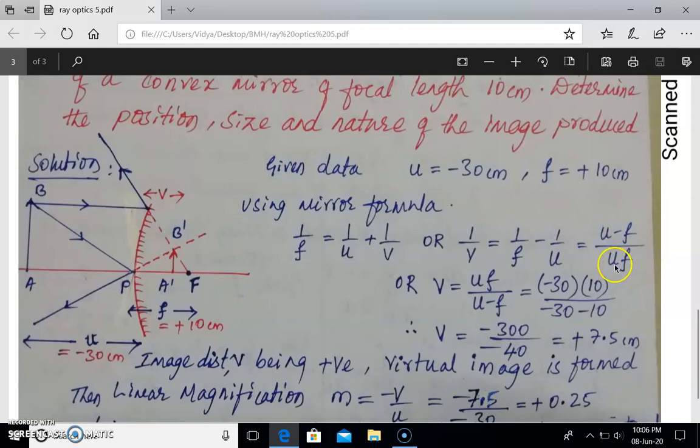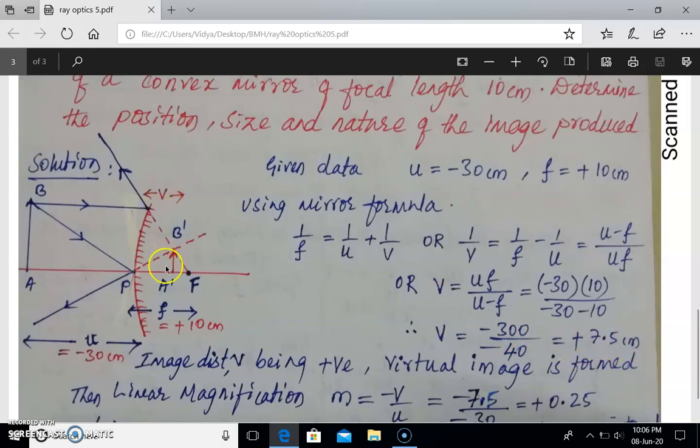UF is the LCM, or V equals U into F divided by U minus F, that equals, substituting the values for U and F to determine V. U is minus 30, F is plus 10, and the denominator is minus 30 minus 10. Therefore, V is minus 300 by minus 40, minus minus cancel, and V amounts to be plus 7.5